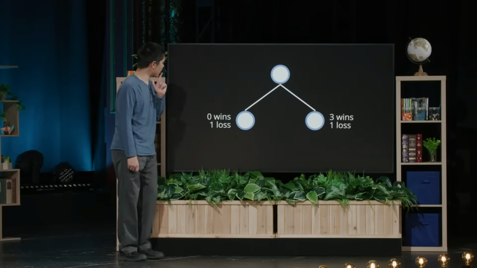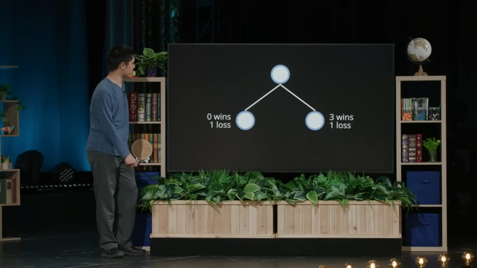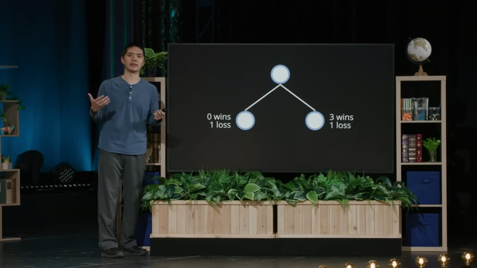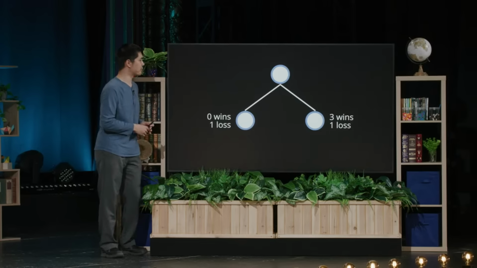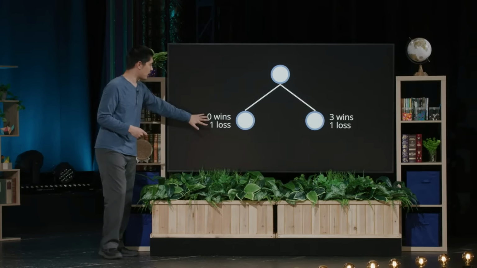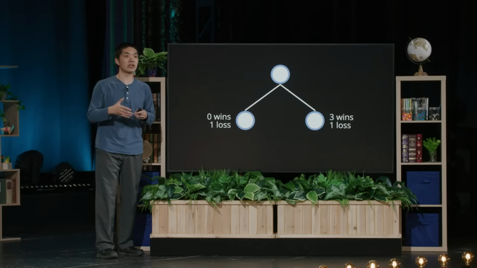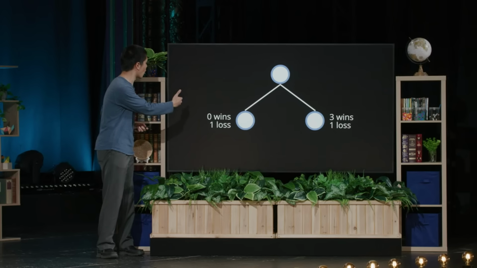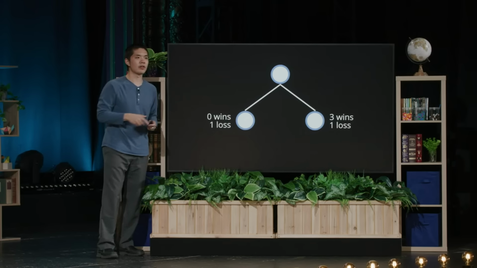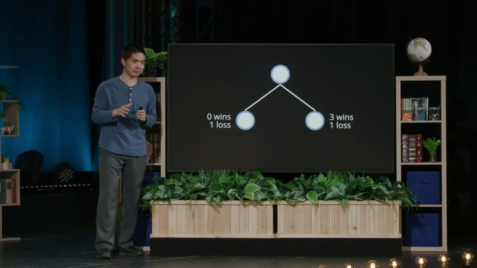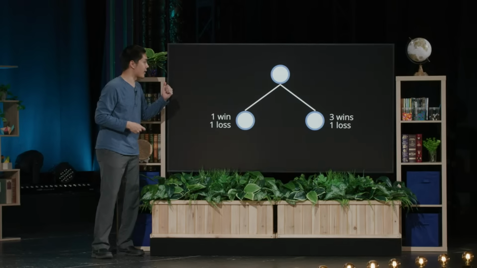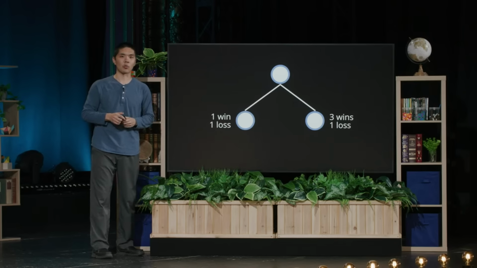But on the flip side, you might also say, you know what, this option to the left, even though it has a lower success rate, I've also explored it less. I've only tried it 1 time, whereas in the option to the right, I've tried that a number of times now. And so maybe it's not as good now, but maybe it's just because I haven't explored it enough. Maybe I should explore it more. And if I explore it more, then maybe it'll turn out to be even better than the option to the right, and I just don't know it yet. And so maybe I do try the option to the left, and now it turns out that I won on that side, and so maybe it's better than I thought it was.